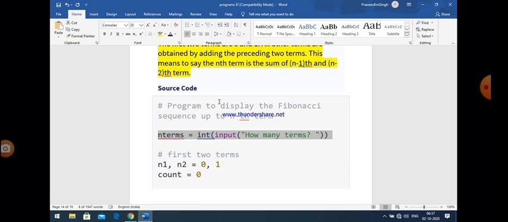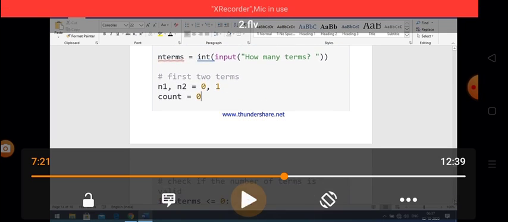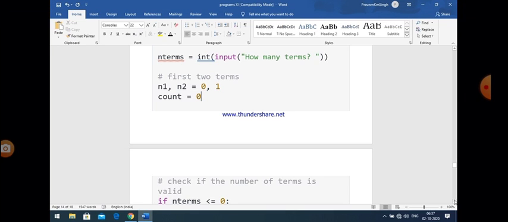First of all, the nth term should be given because we have to find the Fibonacci series up to the nth term. So we input the nth term, and the statement is int input how many terms. So here you have to input how many terms, or up to which term, you want to find the Fibonacci series.